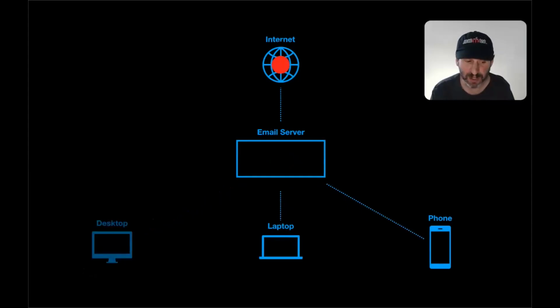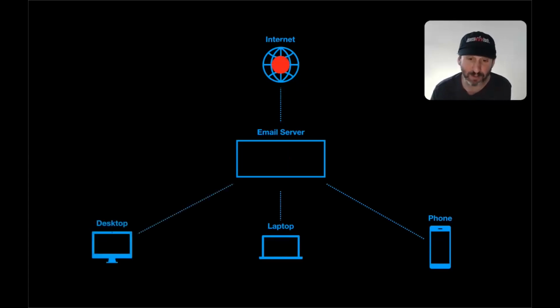What's worse is say your desktop is offline. Say it's simply asleep or you've turned it off. Now the email comes into your server and then it goes to your laptop and your phone and the rule is never applied because the desktop isn't awake to apply it. So unless you're going to have your desktop always on and always receiving email and always patiently waiting for your desktop to process that email, sync back with the server before you check your email on your other devices, setting rules on your desktop computer is not going to be a good way to go about doing it.